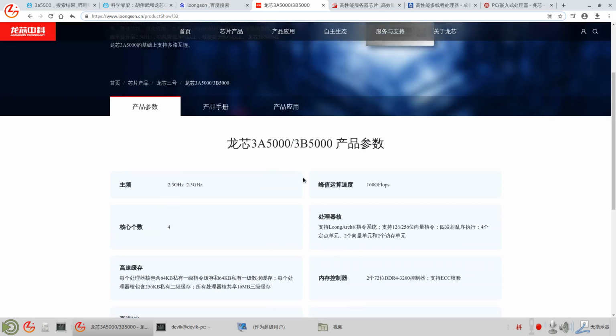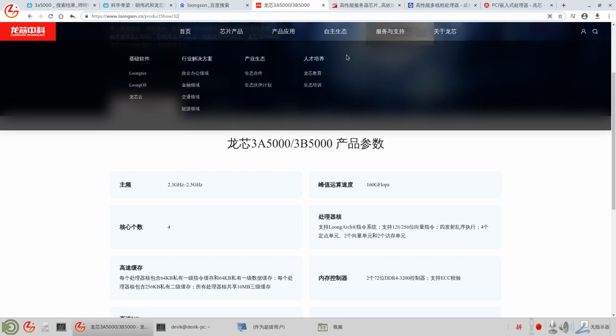So this is Loongson using the LoongArch instruction set. It's not using x86.